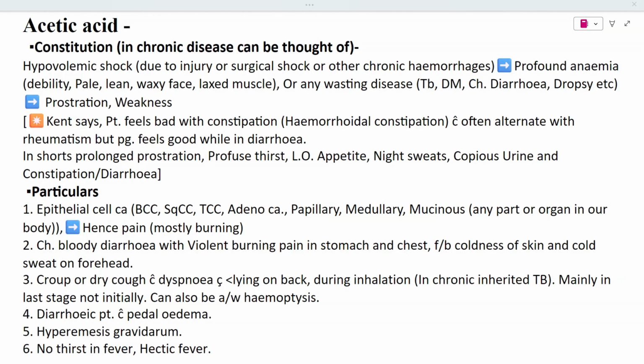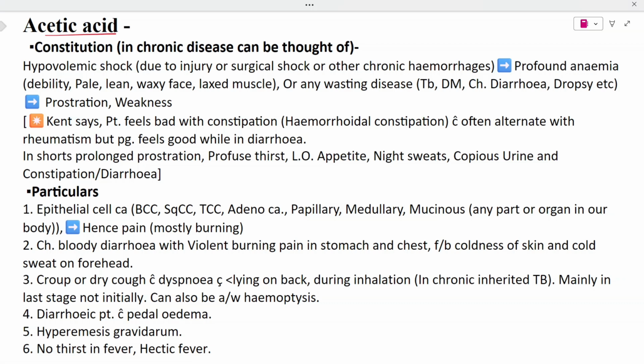Hello everyone. The medicine we are going to talk about is Aceticum acidum. I have already discussed it from Allen's Materia Medica, Allen's keynote and Kent's Materia Medica. Now I also read from other books, so I tried to draw a picture of Aceticum acidum so that it